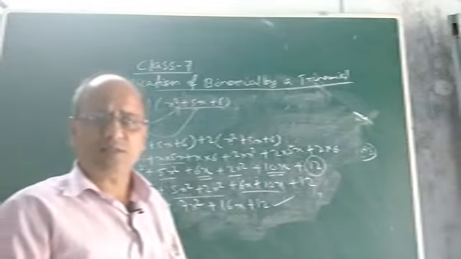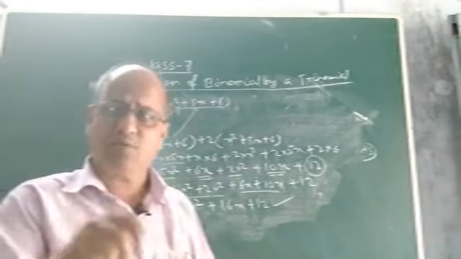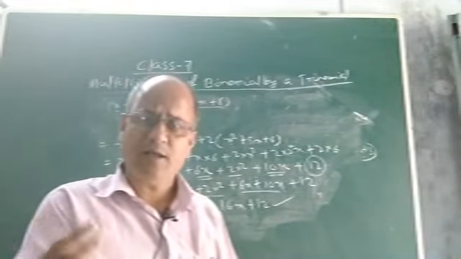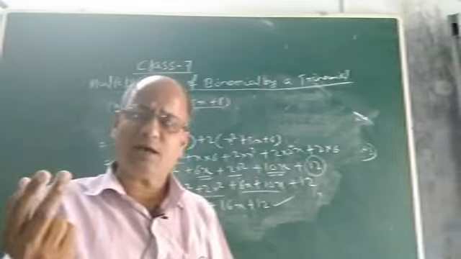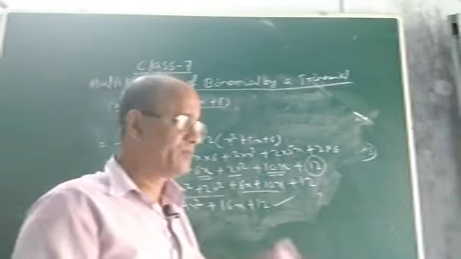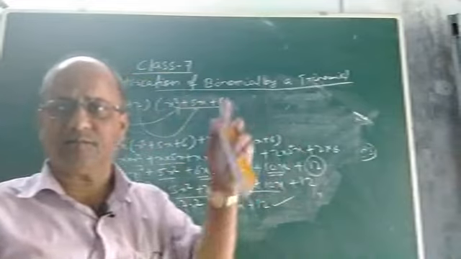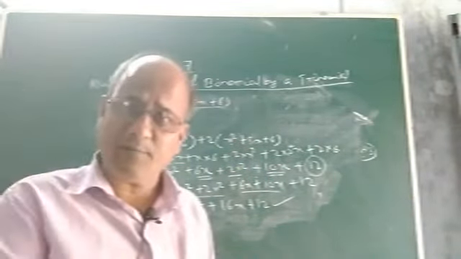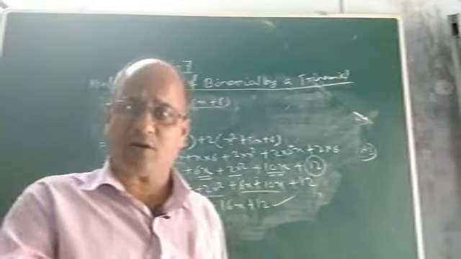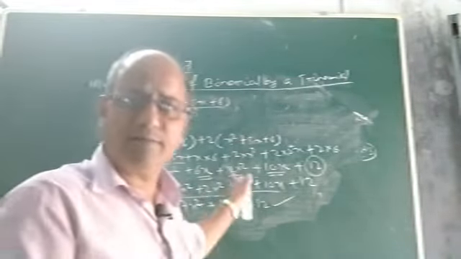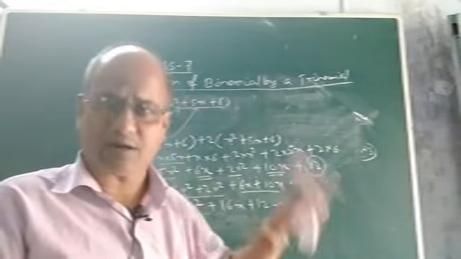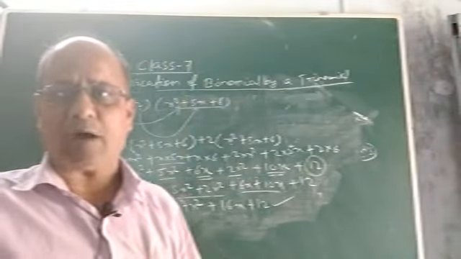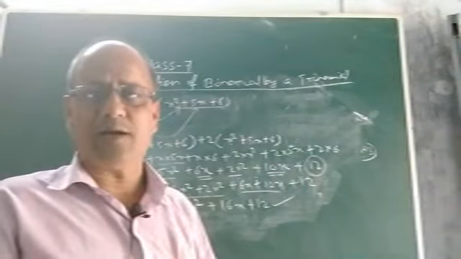So children, this is how to multiply a binomial by a trinomial. So today we discussed two things: how two binomials are multiplied and how more than two binomials are multiplied. Also you will follow the same procedure. Then second, I explained how a binomial is multiplied by a trinomial and how to find the product, and how to verify whether the product is correct or not for some given values of the variable present in the binomial or trinomial or in the algebraic expression. Children, this is all about the multiplication part of binomial, binomial, trinomial, etc.